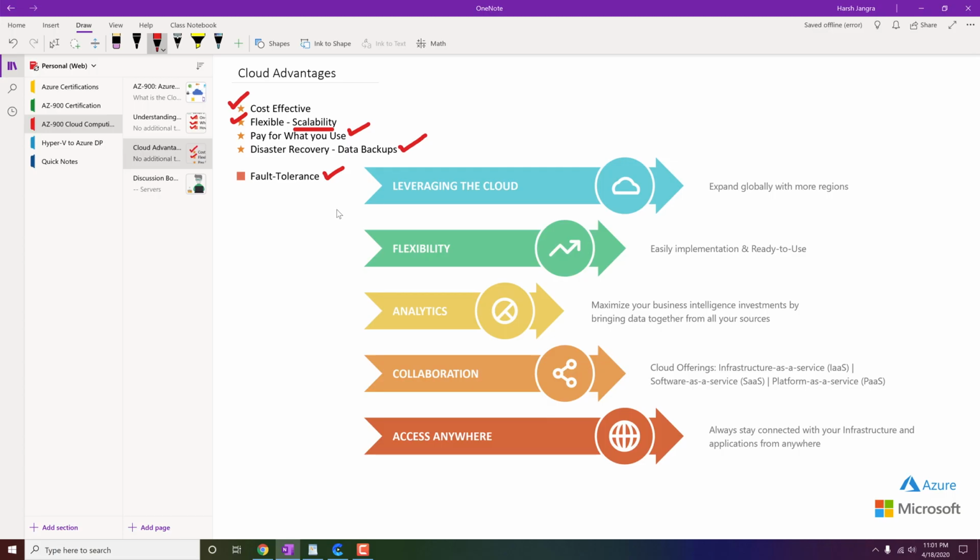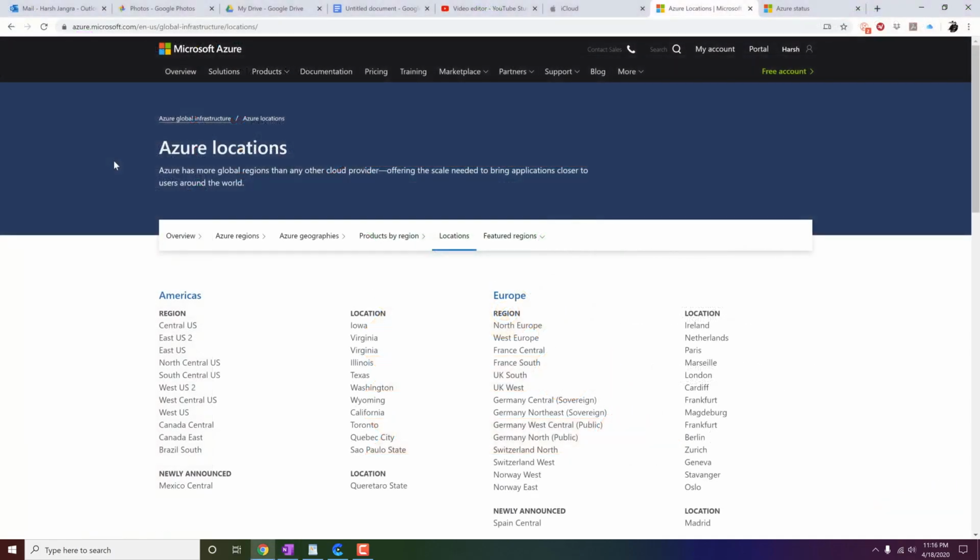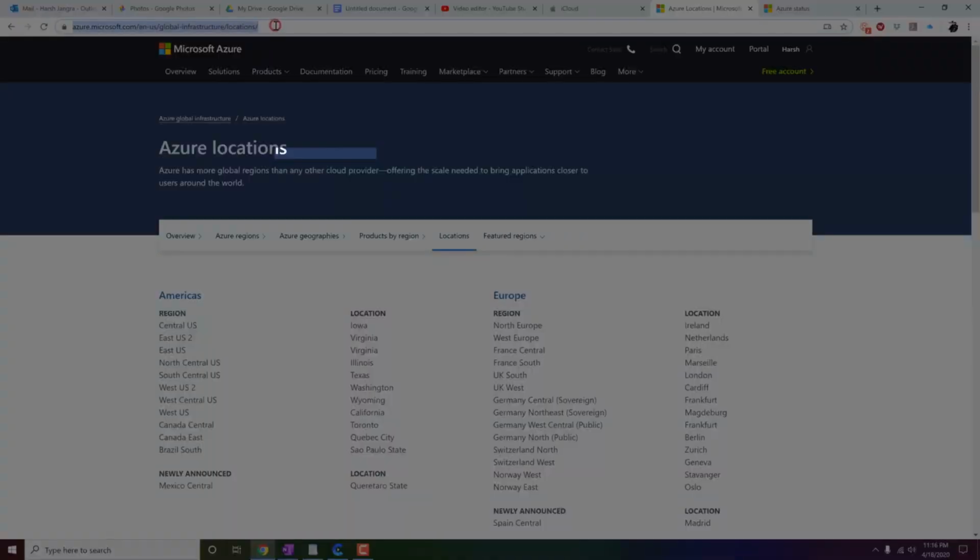Let me give you one example about the Microsoft data centers. Microsoft is one of the biggest cloud service providers in the world. That's what I mentioned earlier during the video. And actually, with this particular link, you can also find out the locations of these data centers around the globe,